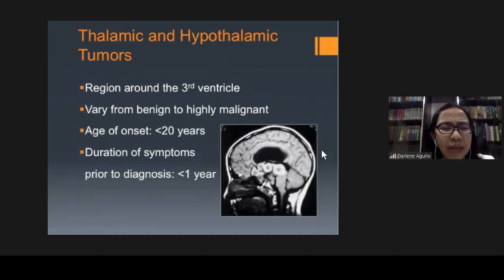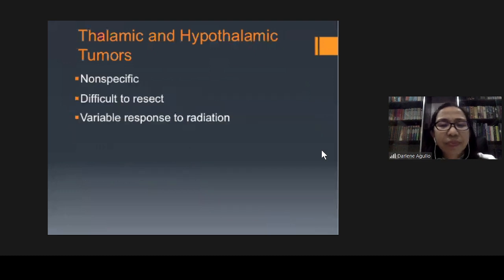So thalamic and hypothalamic tumors vary from benign to highly malignant, so malignant gliomas. Age of onset is less than 20 years, and duration of symptoms prior to diagnosis is less than a year. So, ang area ng tumor mo dito. Okay, third ventricle. Symptoms are non-specific, from confusion, memory loss, obstruction of foramen of Monro,